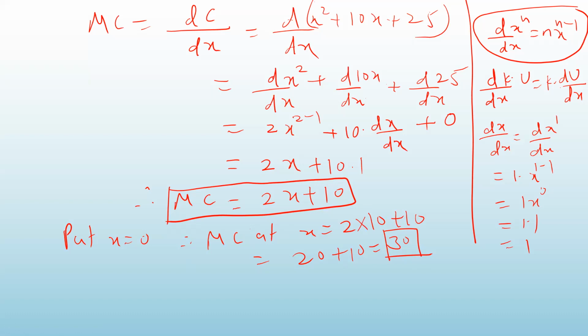So this times, yes. x की जगह 10 रखा ना. हाँ. So 2 तो मैम into 10. आपने इधर 0 रखा, 0 लिखा है. इधर x is equal to 0. Okay. X is equal to 10. Sorry. X is equal to 10. So marginal cost when x is equal to 10 is equal to 30.